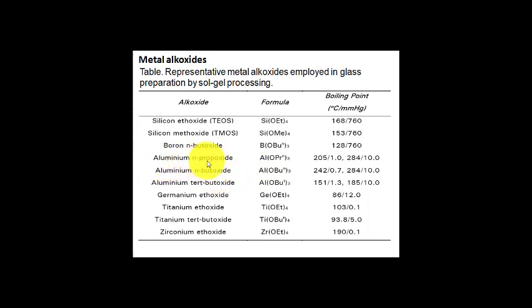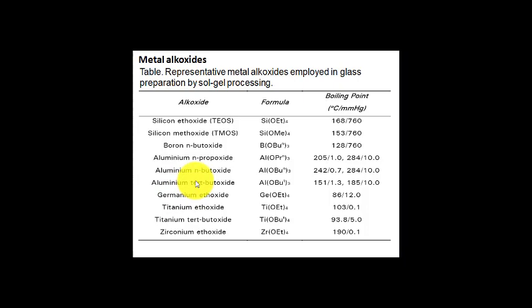Next is the aluminium n-propoxide. Its boiling point is 205 at very low pressure. Aluminium n-butoxide also has a very low boiling point at very low pressure, and if the pressure is increased to 10, then the boiling point becomes 284. So actually these